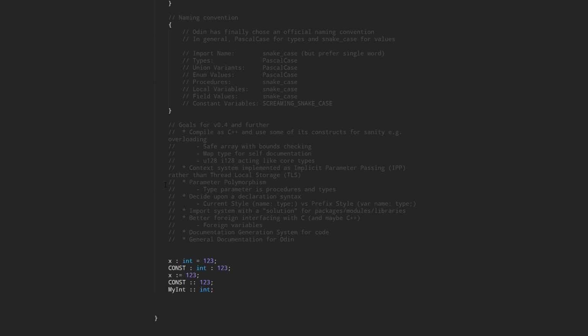So looking at the other goals I wanted to talk about. Sorry, I'm jumping around now. I forgot, I should have put this thing at the end. For the future of the language, I want to get a better import system with a solution for packages and modules. I actually want to figure out